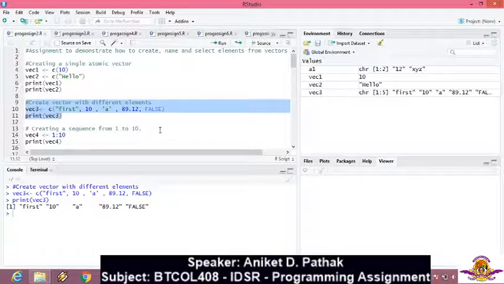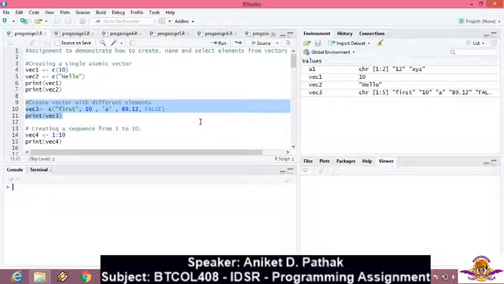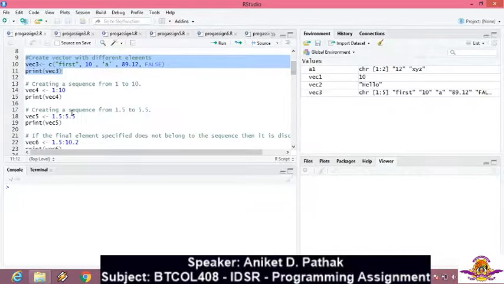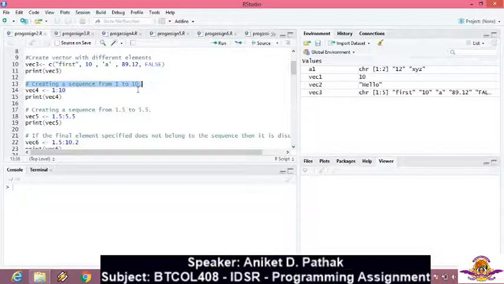Now suppose we want to create a sequence of values, for example, a vector that contains all values from 1 to 5. Can I do it? The next demonstration is regarding that. If you observe, create a sequence from 1 to 10. The syntax is clear.